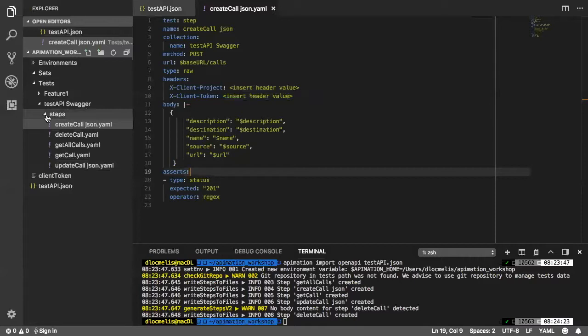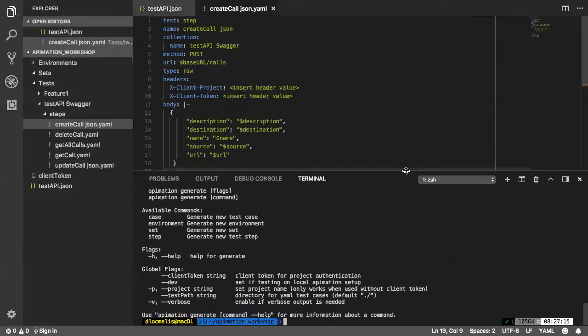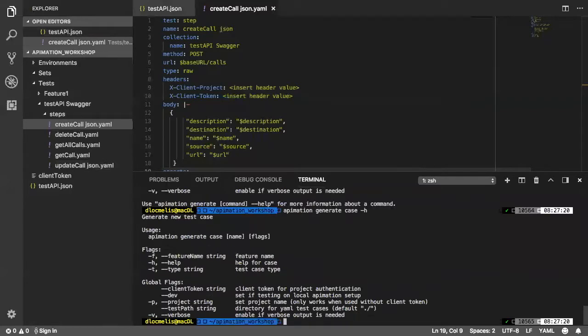Let's create our first test case, test scenario. We will use the generate command to do so. So again, let's type Appimation generate case, or let's make sure that it can be used. Again, Appimation generate -h. Yes, we have the case. -h again to see what needs to be filled in. So we see that for Appimation generate case, we have to provide a name for the case. All right, let's provide the name. Now let's call it